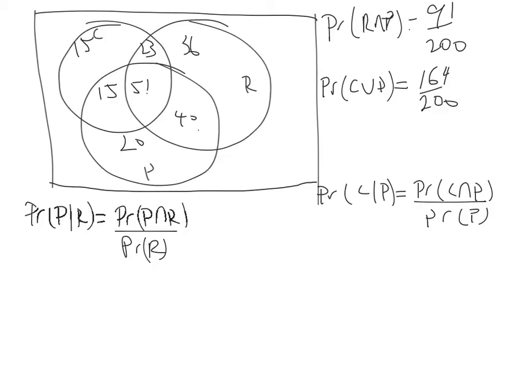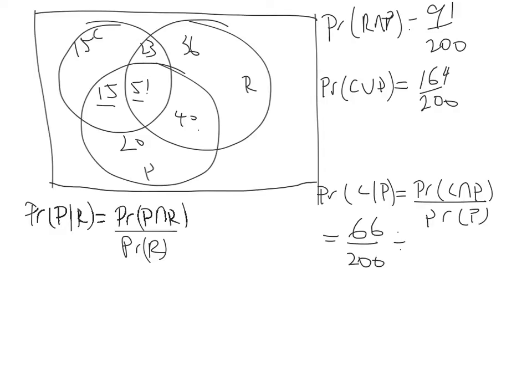Okay, let's look at C given P. That's the probability that they like country and pop, given that they like pop. So we're looking at the people who like pop first. We're interested in these people here, and then we're also interested in the intersection there. Based on that, this ends up being the intersection of 15 and 51 gives us 66 over 200